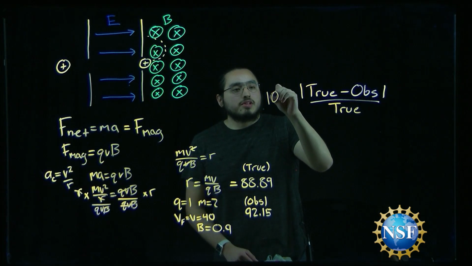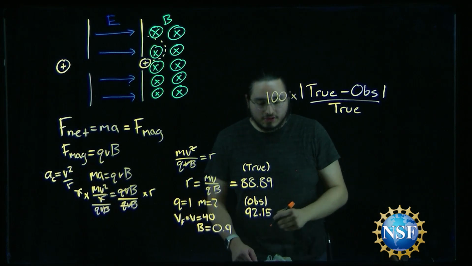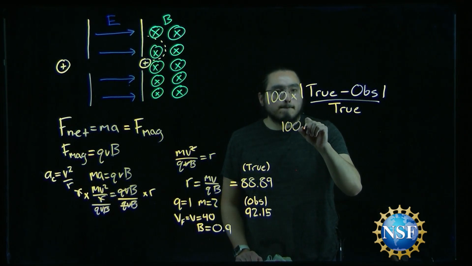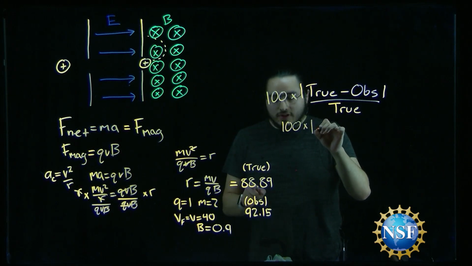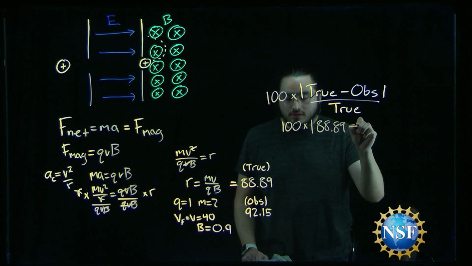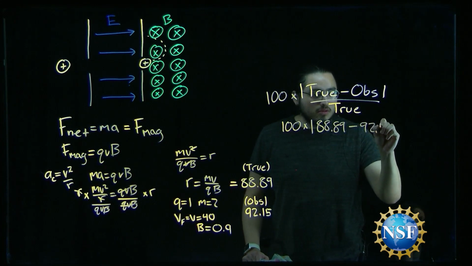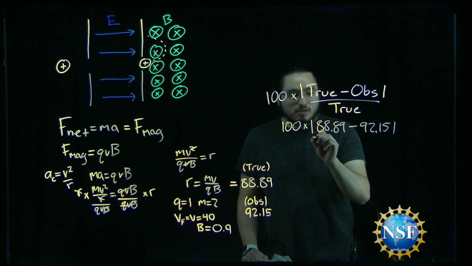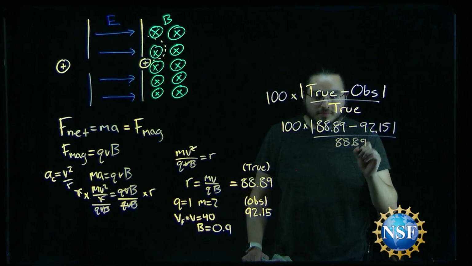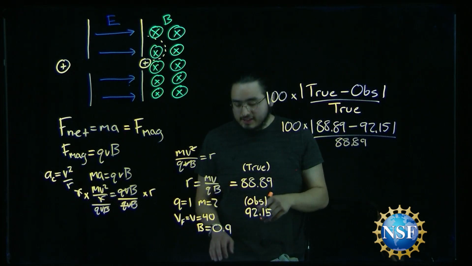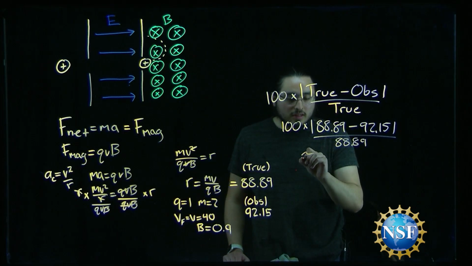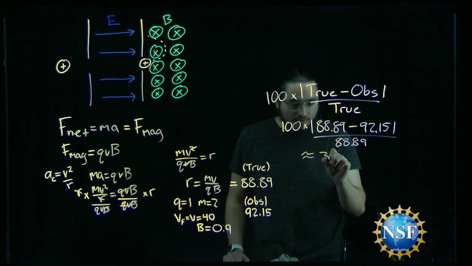And then to go to percentage, you throw in times 100. So you plug these in, then our true value over here. When you plug this in and you multiply it by 100, it comes out approximately to